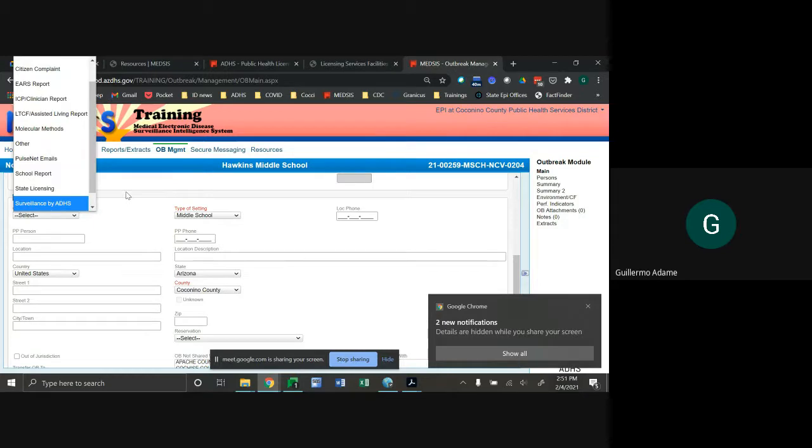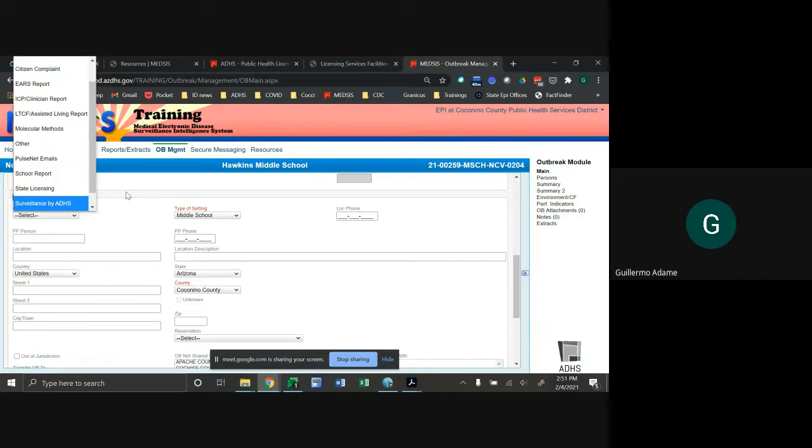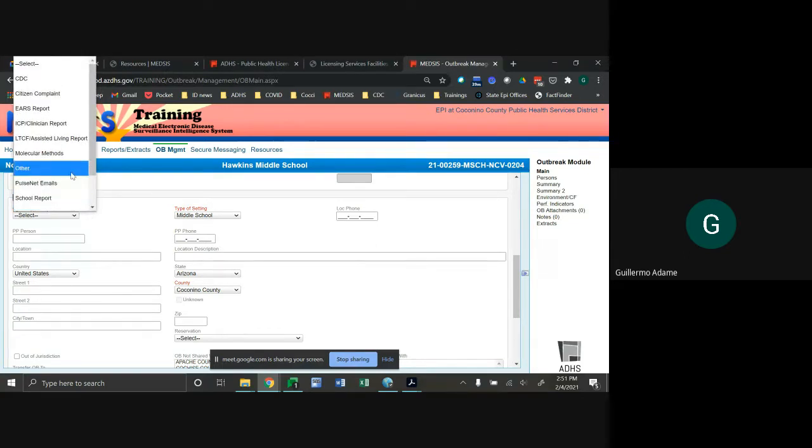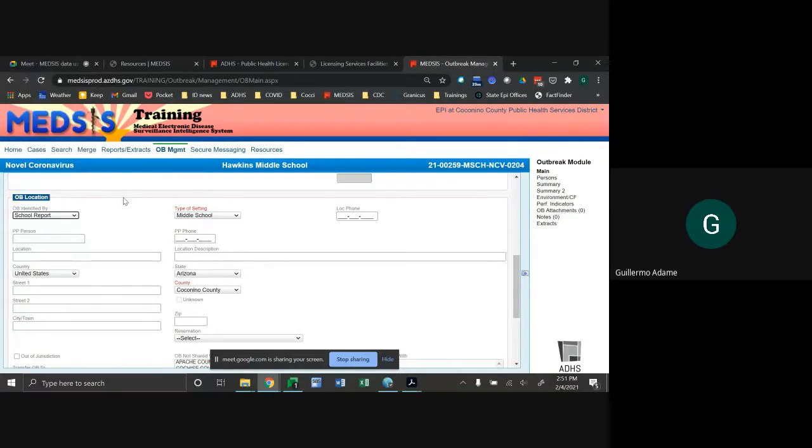Select this option if the outbreak was reported by a school or child care facility. Surveillance by ADHS is if the outbreak was identified through surveillance activities at ADHS, like routine case investigation by ADHS investigators, etc. And surveillance by LHD, same idea, but for the local health department. So let's say the middle school outbreak was a school report by an administrator.